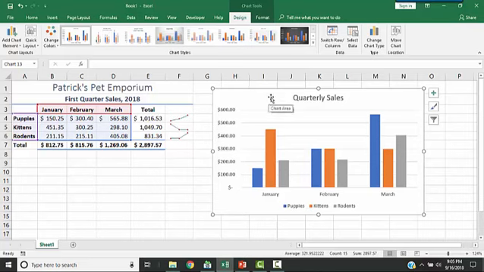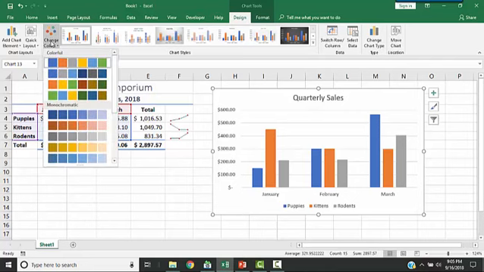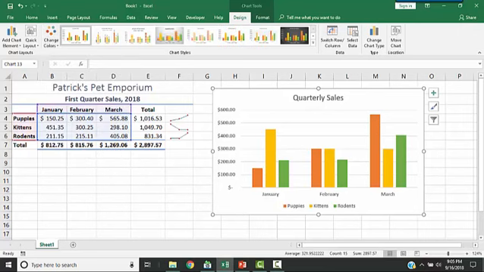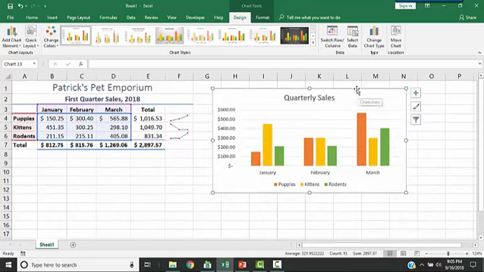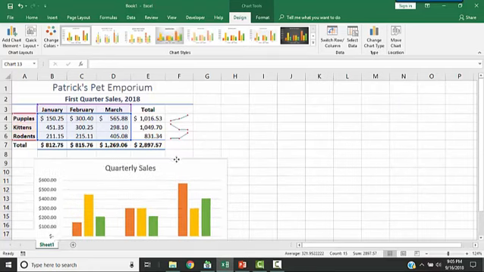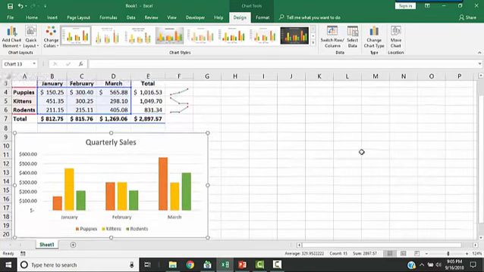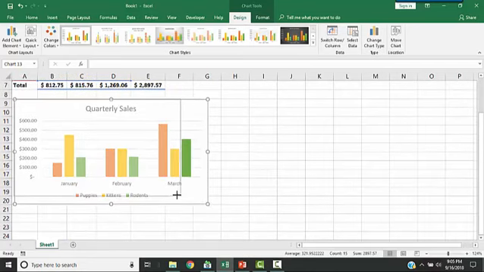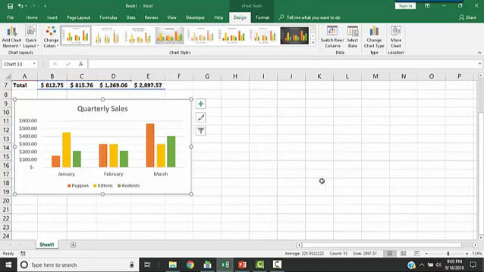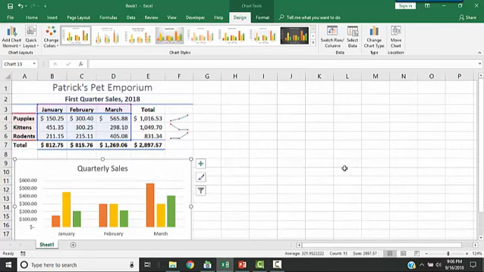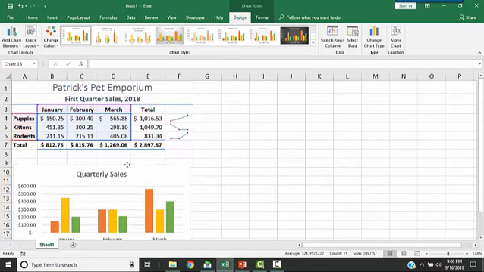Now I can change the color scheme here. Maybe I don't like this so much. I've got the chart selected. I'm on the Design tab, and I can click here to change colors and choose another color scheme. Like maybe that's a little bit better. Okay, now I can resize this a little bit if I want to. I'm going to click and drag this over here to be right underneath and maybe a little bit in line with column F. All right, maybe I'll drag it down just a little bit more. Okay,